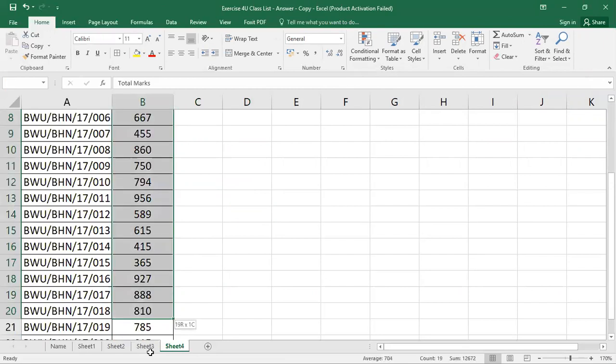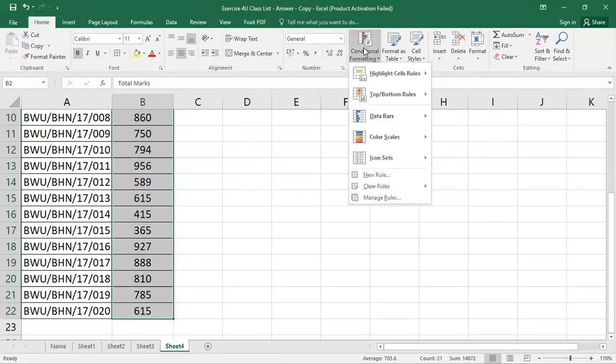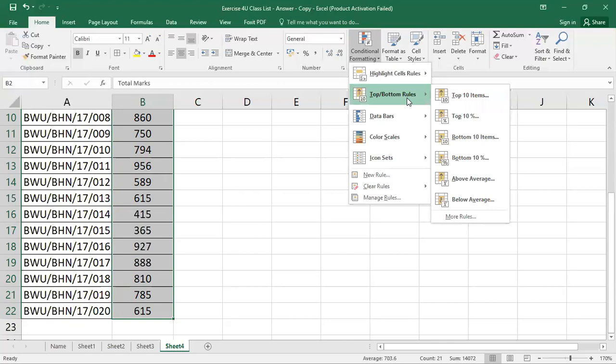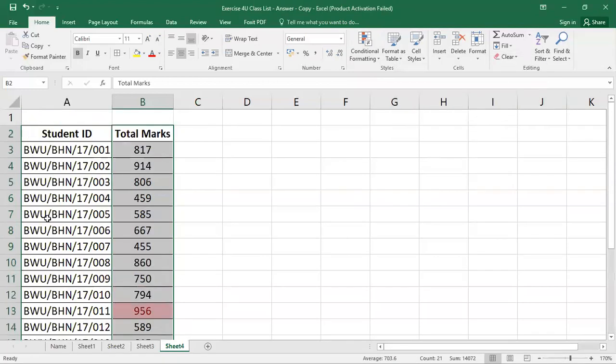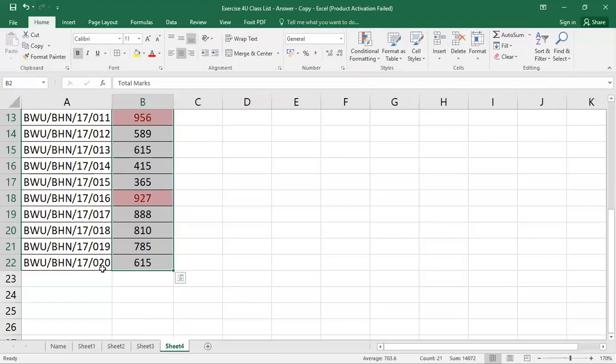Right now in this particular conditional formatting, there are top or bottom rules. In the top or bottom rules, if I select the top 10%, here it is, if I write here 10, then it will show you the top two numbers, because we have 20 students.